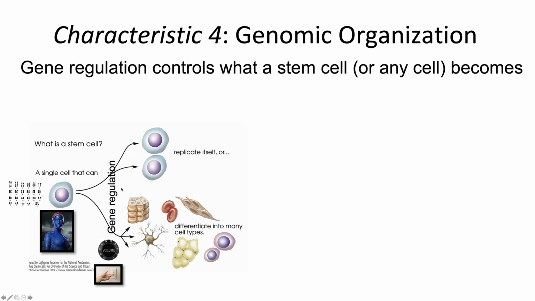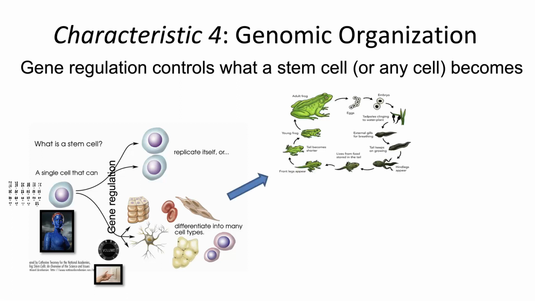So this ability to gene regulate is really important for making all these different cell types, and making different types of cells is really important for eukaryotic organisms to be able to evolve all these different types of life cycles. So this is just one example of a life cycle where you have an adult frog that lays eggs. Those eggs are obviously made up of slightly different cell types that hatch into tadpoles that are made up of slightly different cell types that turn into a frog that goes through metamorphosis, and once again, slightly different cell types. And all of this stuff is regulated through this sort of gene regulation and differential expression of